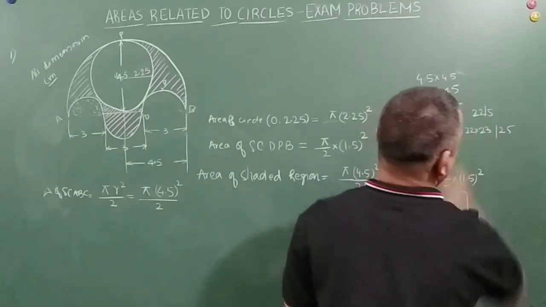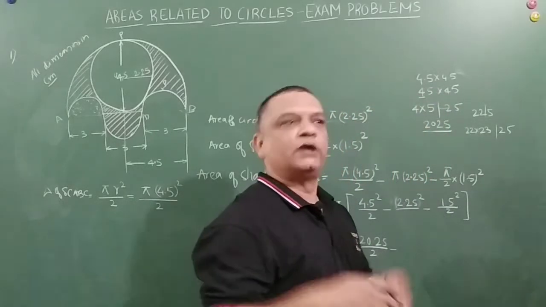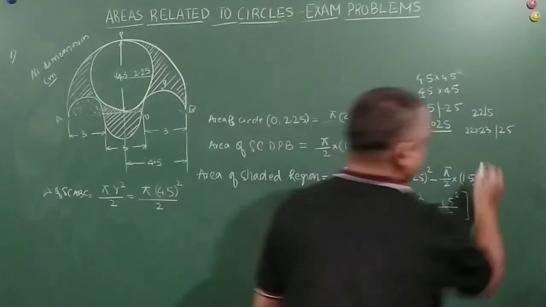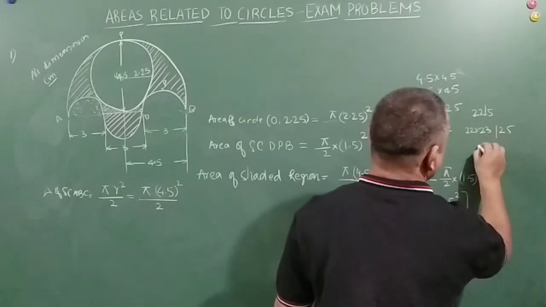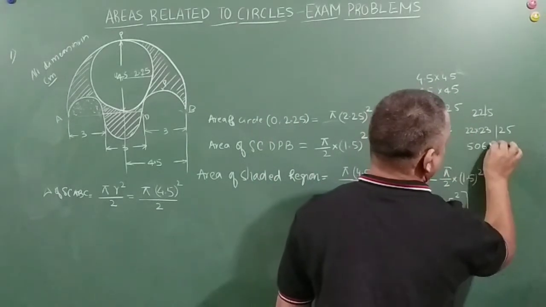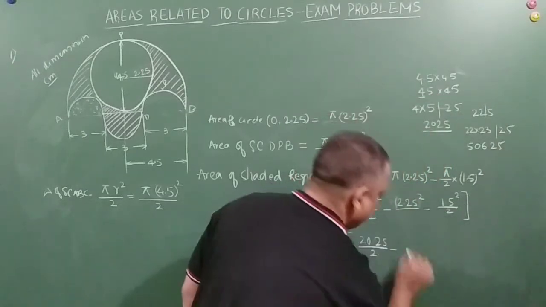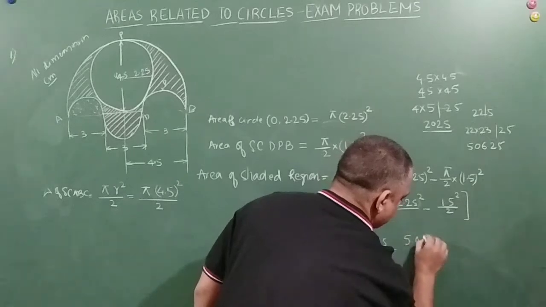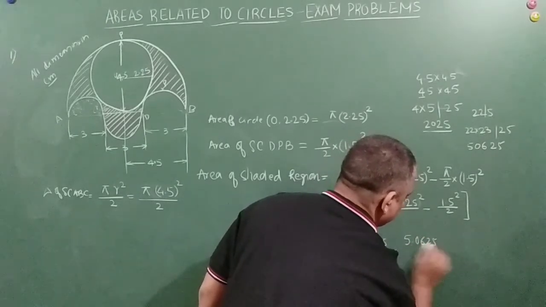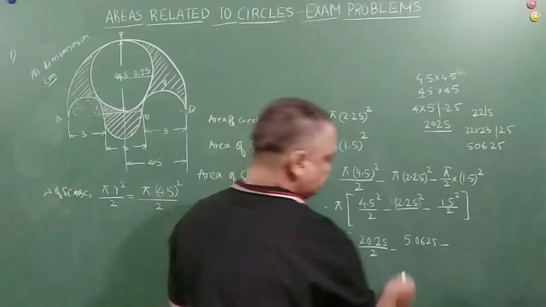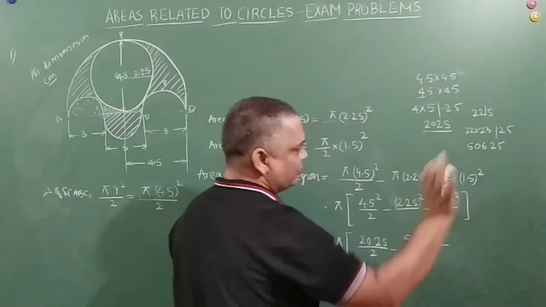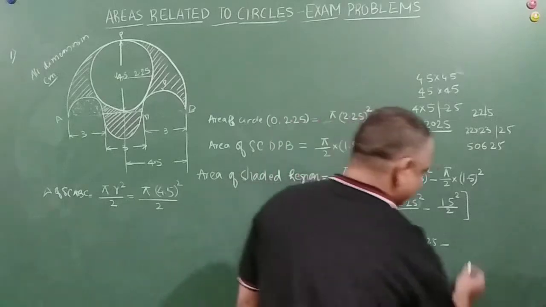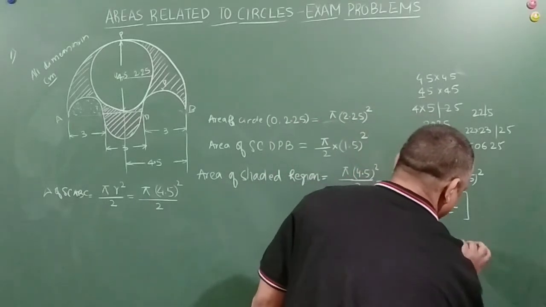22 into 23 is nothing but 22 into 3 into 11, that is 46 into 11. So 46 into 11 is 6, 4 plus 6 is 10, 4, 8, 5, 50625. Right? Decimal after 4 digits, 5.0625 minus, okay, this has gone slightly up, no problem. So 1.5, 15 we know that it is 2.25, right? That is 225. So it is 2.25